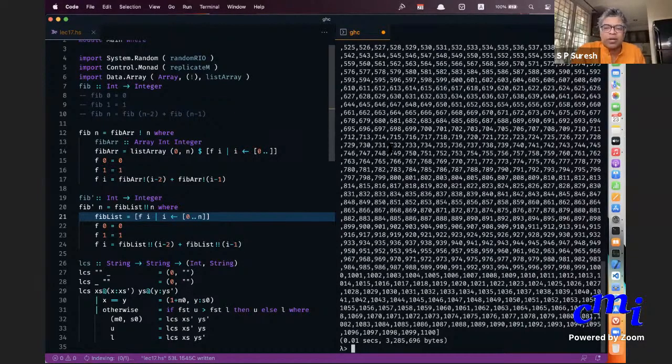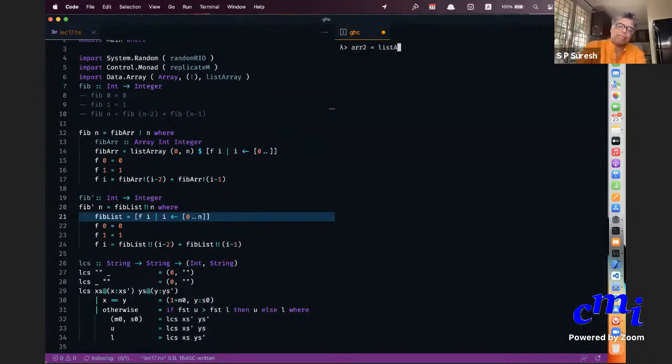You didn't see here, but these are the elements because, okay, or to make it clearer, if you say array 2, let me clear screen. Array 2, let us say, equals list array of... But you needn't have built the array in only this manner. You could have built it in other manners also. But I'm just saying 0 to 10 of 1 dot dot, let us say. This is what you have. You can say elements of the array.